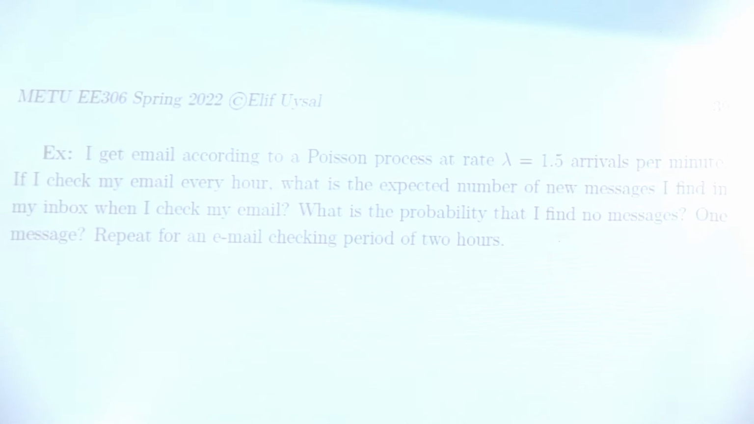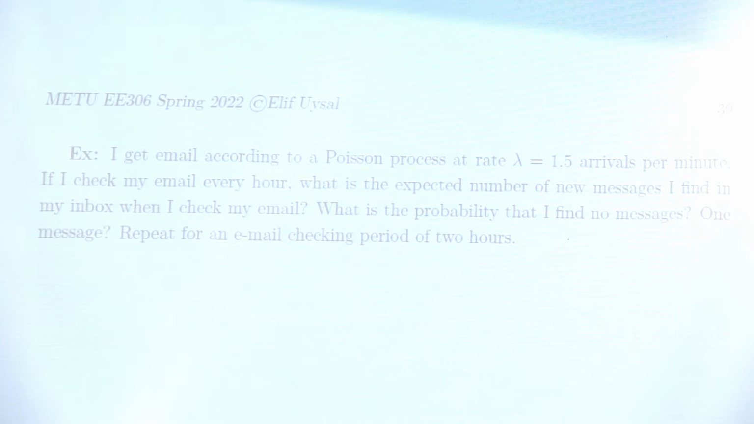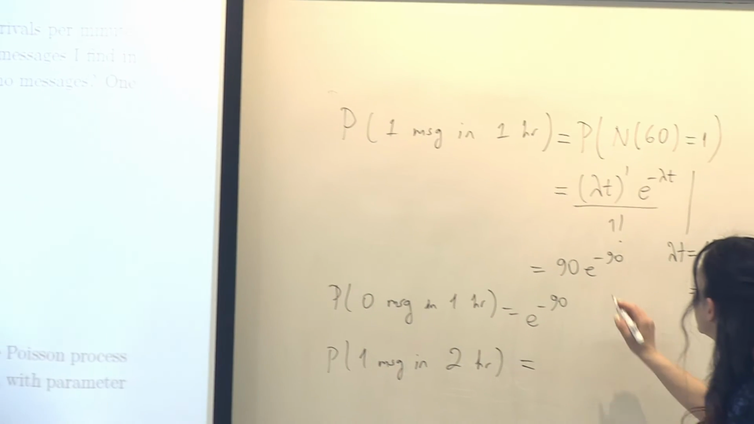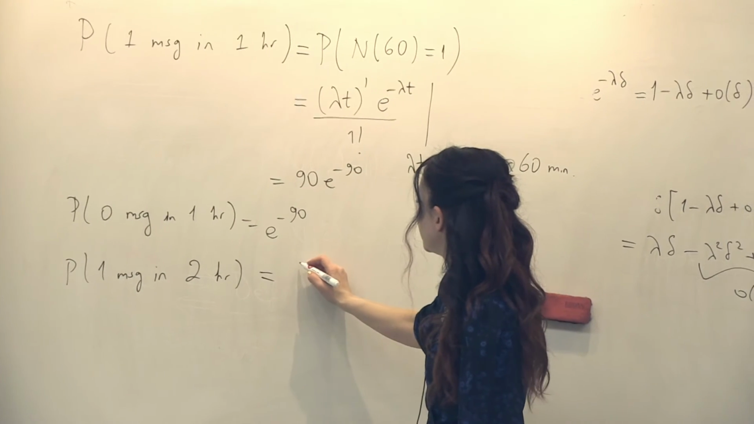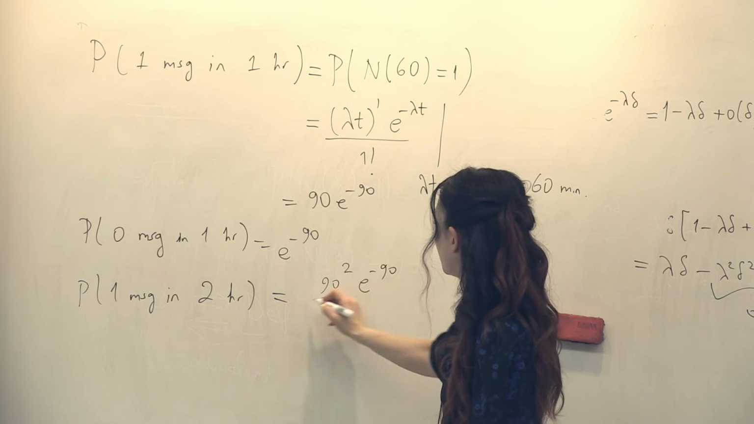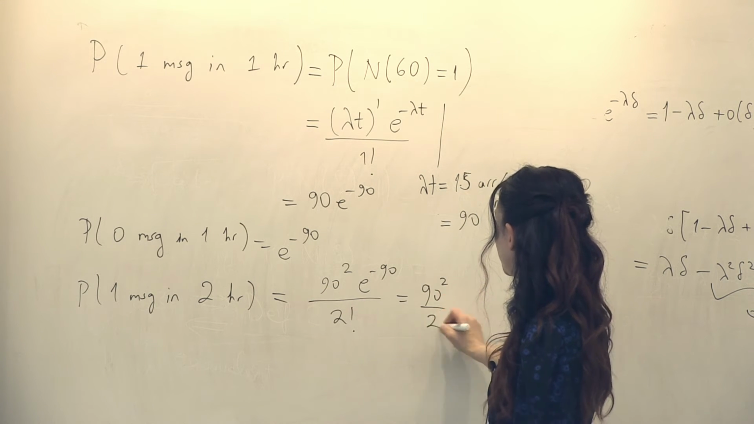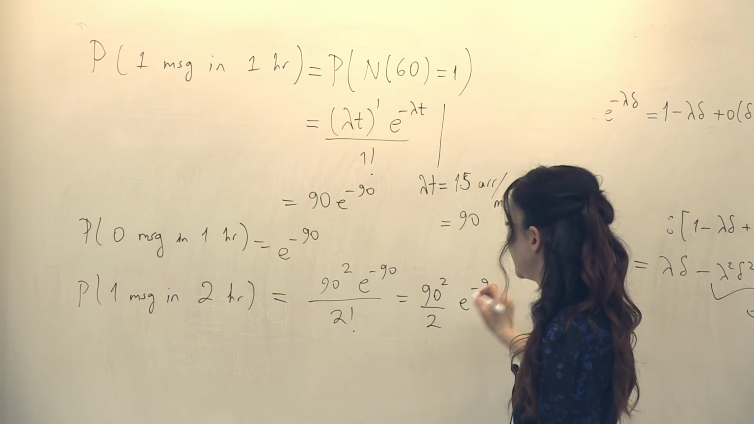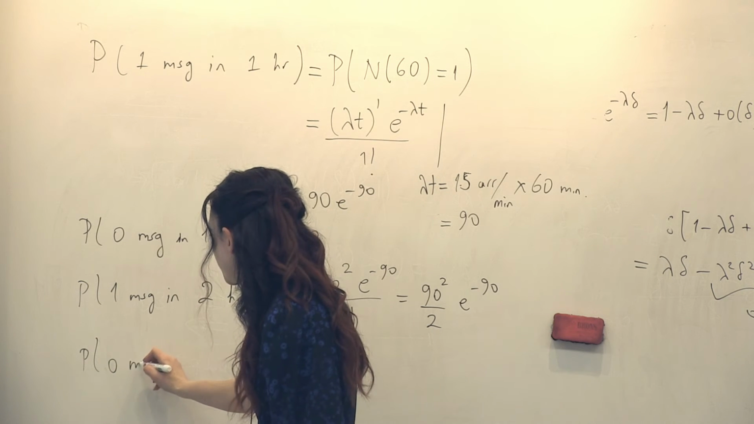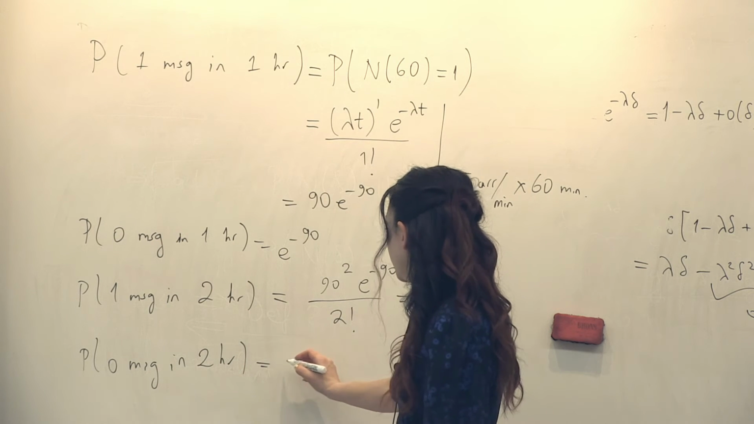Now, how about I repeat for 2 hours? Probability of one message in 2 hours is, this time, k equals 2, right? Lambda t is 90, so 90 squared e to the minus 90 over 2 factorial, which is 90 squared over 2 times e to the minus 90, and the probability of 0 messages in 2 hours is, well, e to the minus